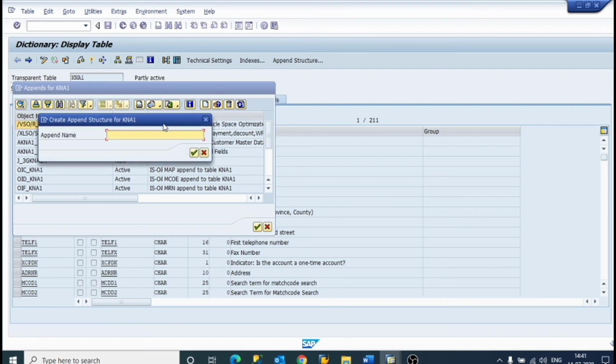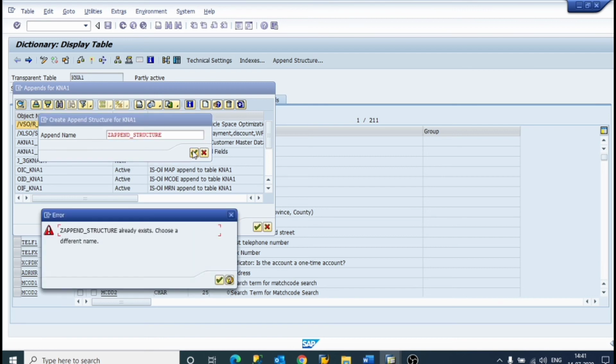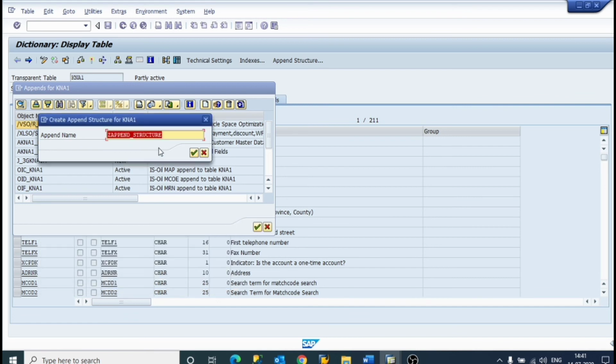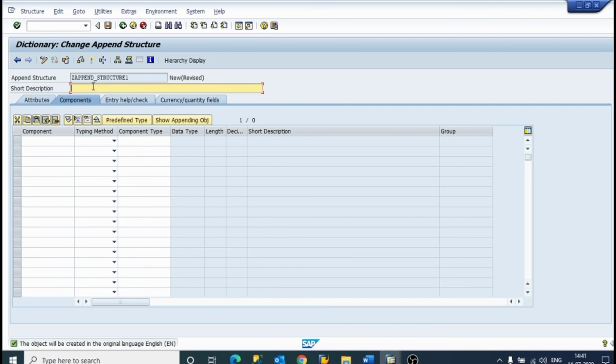Now name it Z append 1 2 3. It is already there, so 1. Now we'll write a short description like our first append structure.